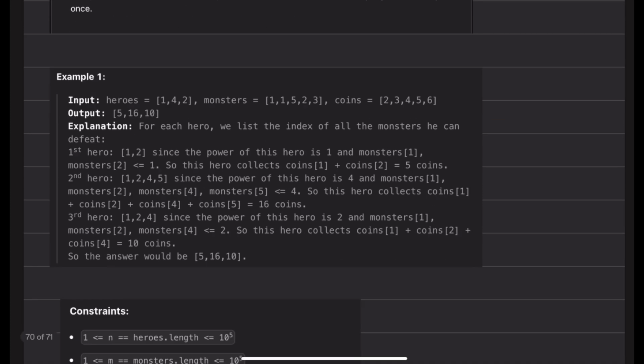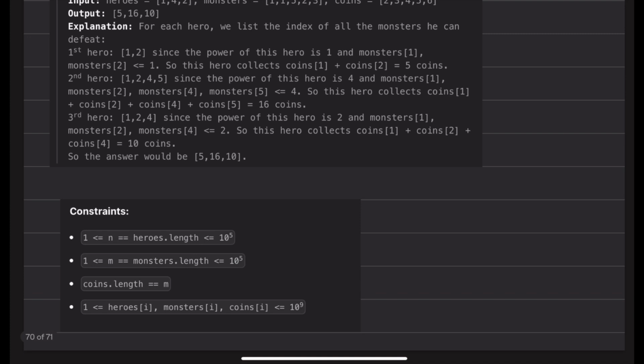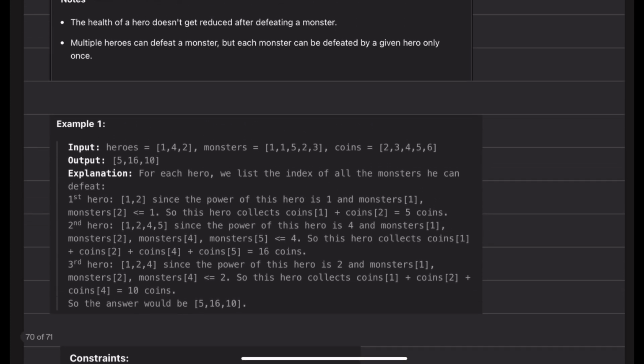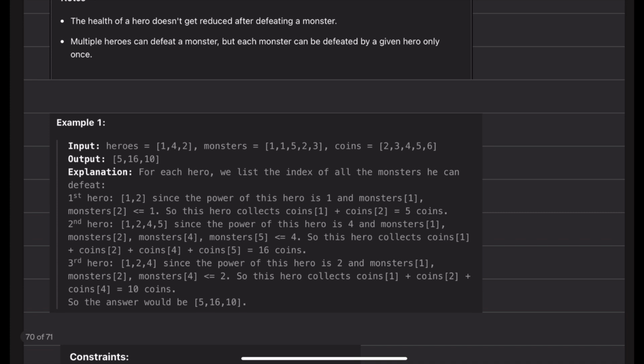If we go through the constraints, the hero's length is 10 to the power 5, and the monster length is also 10 to the power 5. So this approach won't get accepted. We need to optimize it, and we need to look for a better approach. Now, if we think about it more, for a hero,